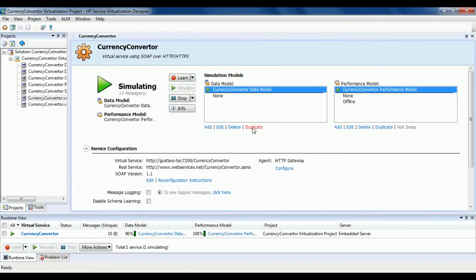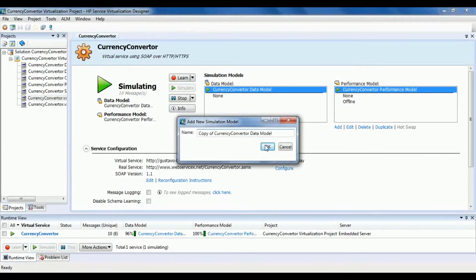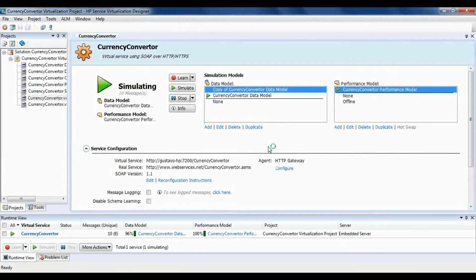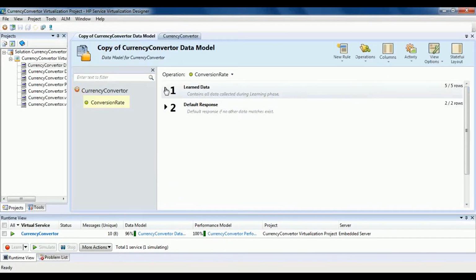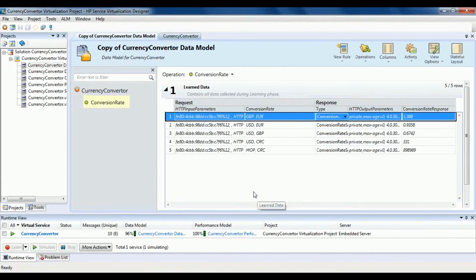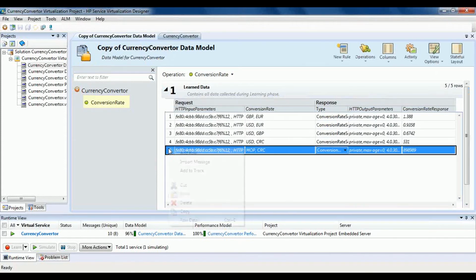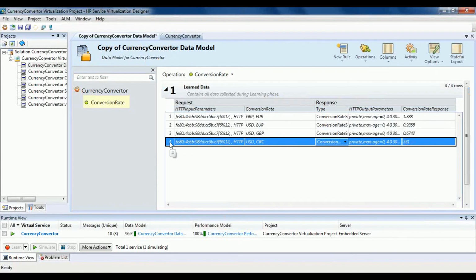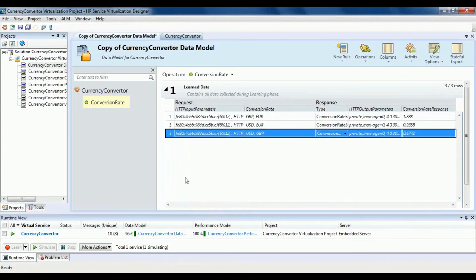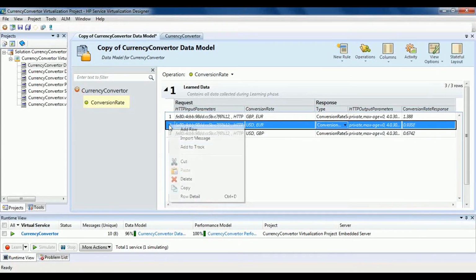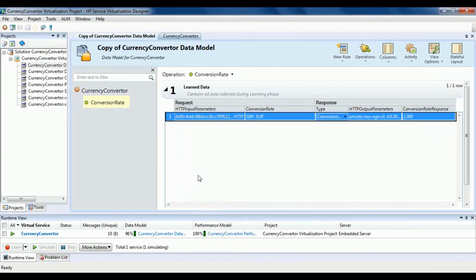I'm going to create a duplicate of this data model, create it just like that. And what I'm going to do is I'm going to edit this guy, and it has all the data that I already had. So I'm going to remove all of this. I don't need this row, I don't need this row. I'm just going to leave the first row, hit save,